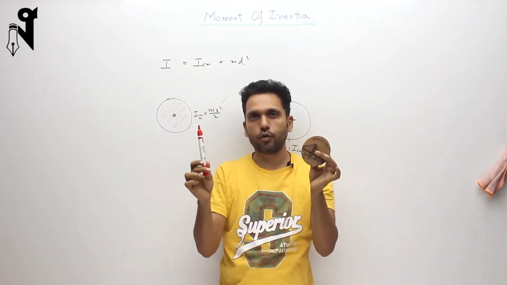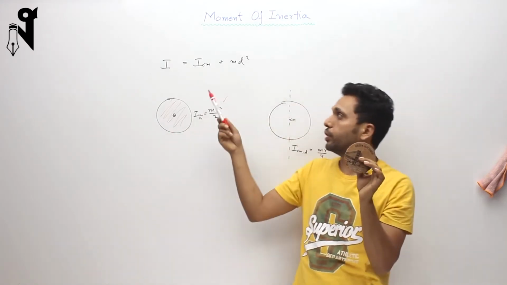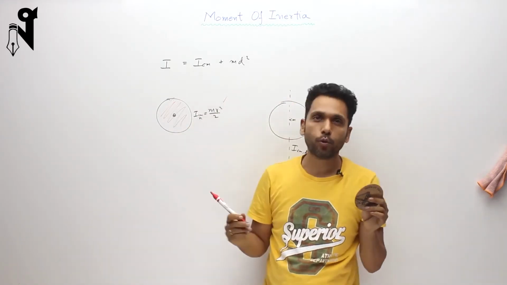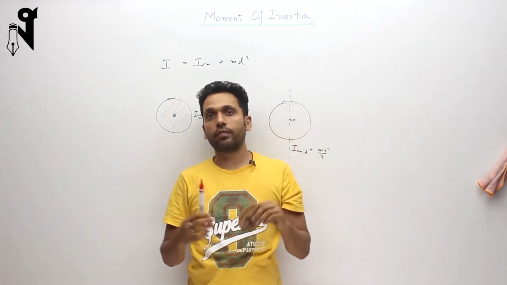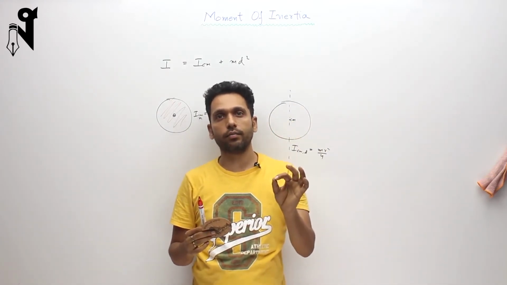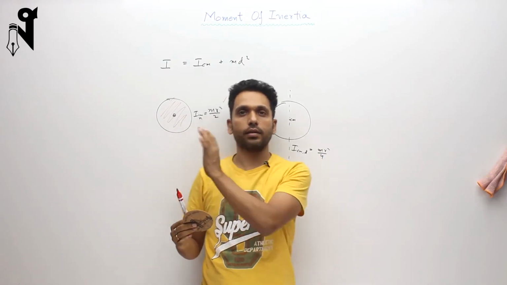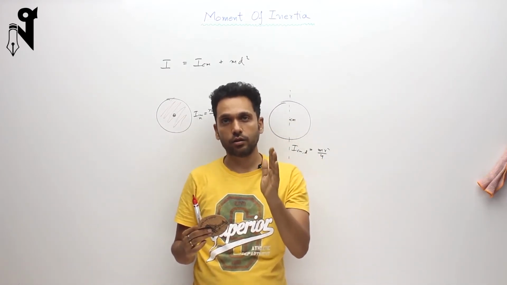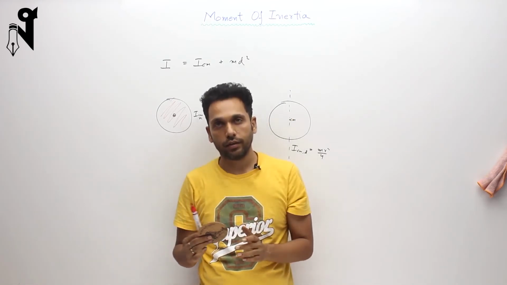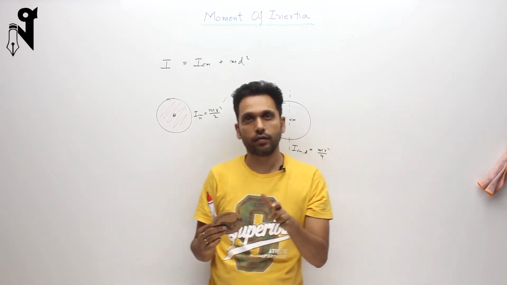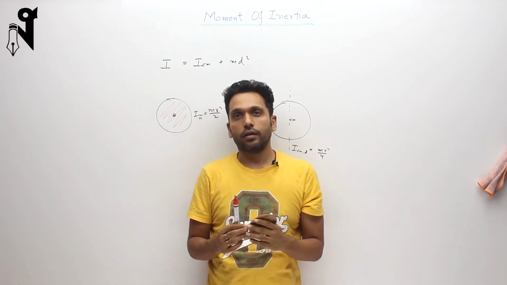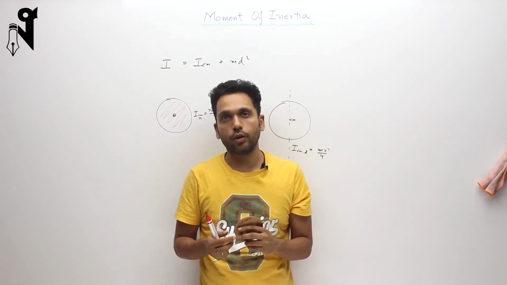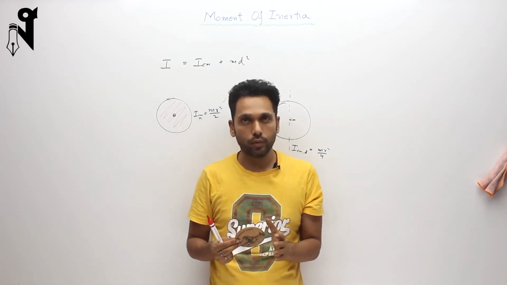So I hope this gives you a better idea of how to shift the axis and what ICM to take. Don't mug up the value of a certain ICM for a mass and just apply it. That may not work if that axis was not parallelly shifted. If the axis of the ICM that you have memorized is parallelly shifted, then only that memorized value is going to help you. Otherwise it is not going to help you.